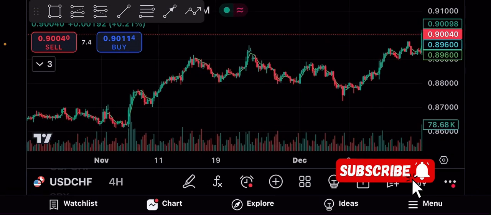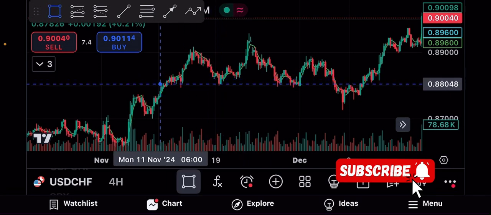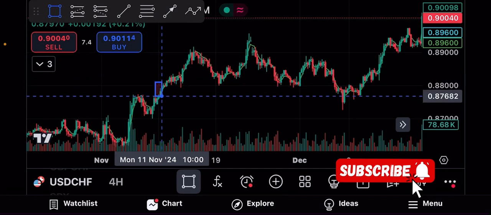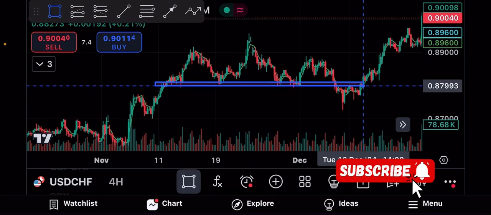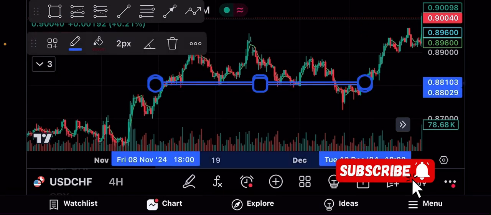Over here, we are looking for a place where price has been several times. Over here we can mark out this as our support level,